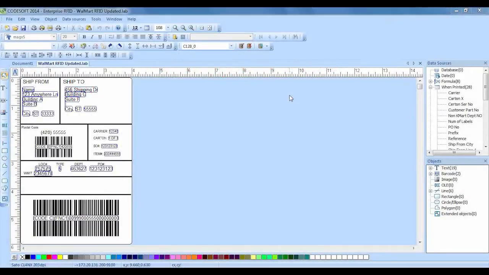Creating RFID labels with the CODESOFT Enterprise RFID software is easy. Let's take a look at how it's done. The first step in creating RFID labels in CODESOFT Enterprise RFID is choosing a printer model that supports RFID encoding